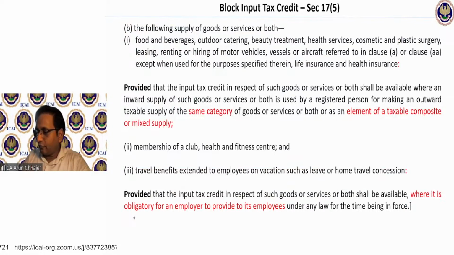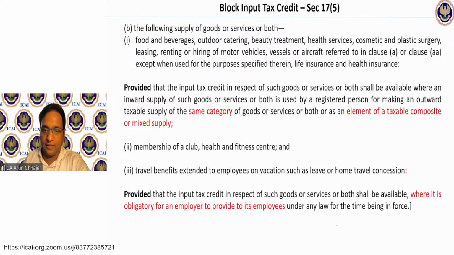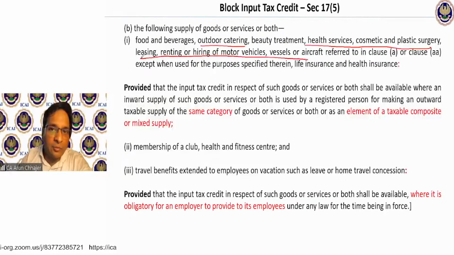17.5 B says that the following expenditure: food and beverages, outdoor catering, beauty treatment, health services, cosmetic and plastic surgery, leasing, renting, or hiring of the motor vehicle, vessel, aircraft referred to in clause A and clause AA. Please read this line